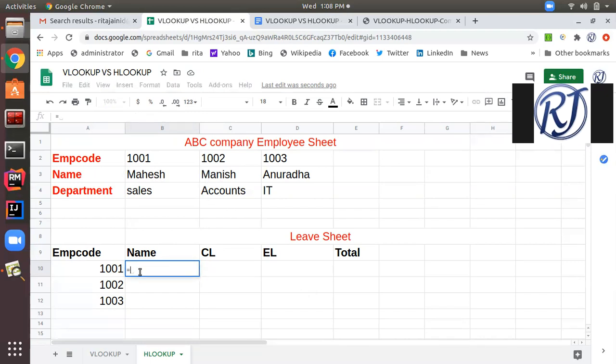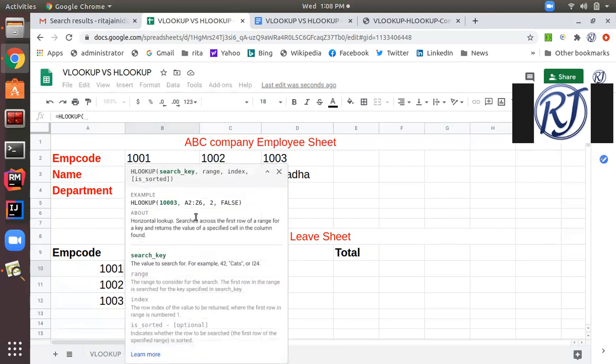So again the formula will start with equal to, then type HLOOKUP, then open bracket. Here again, first of all you need to give the search key, or the key value with which you want to search another value from another column, like in our case the name column.